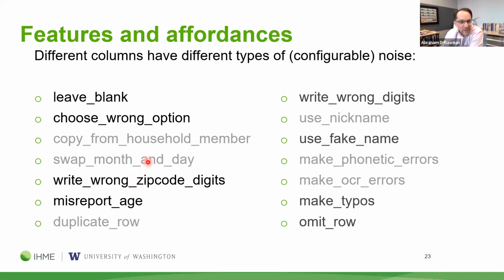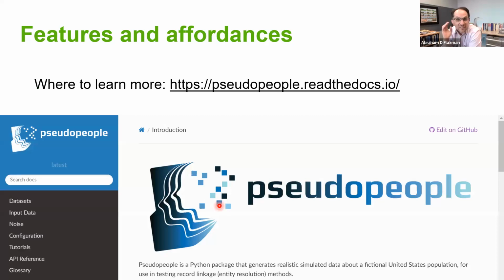A lot of these are grayed out for the current version, but actually on the develop branch of our Python package are really in there now. We might have all of these now. So coming soon, the pip installable default version. And if I've convinced you that this is something you might be interested in to play around with, to use in your own work, just to see how we've done it, you can learn more at pseudopeople.readthedocs.io.